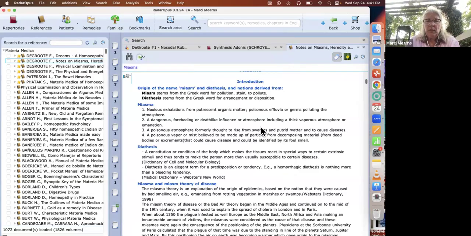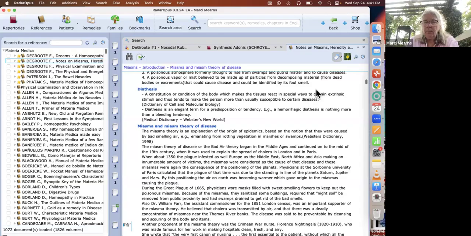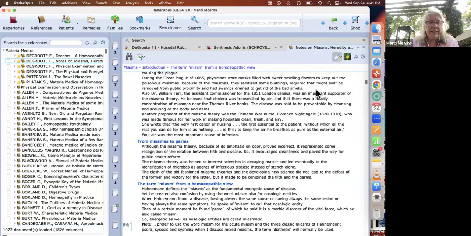Introduction. Okay. This is really going to give you a nice overview of not just classical miasmatic theory, but really brought into practical application. So he's going to give you the history, but he's also going to give you some very, very practical, as you can see from that case, practical use of the theory of miasms and when and how to use nosodes, as well as bowel nosodes. Bowel nosodes are also covered.